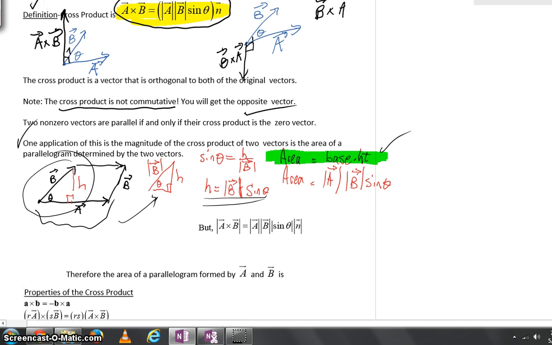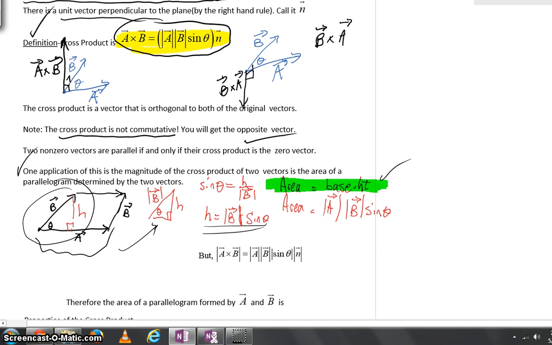That should look relatively familiar. I think what kids might get a little bit confused with at first is they'll say, well, what about vector n in that formula at the top of the page? Remember, vector n has a length of 1. So if you looked at the length of the cross product,